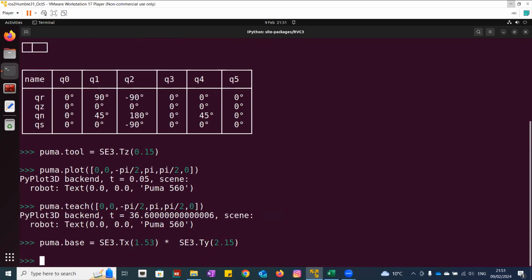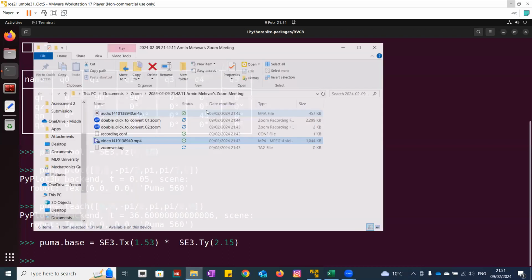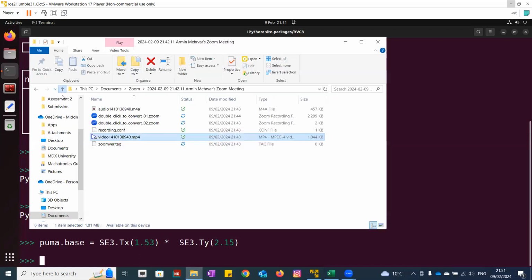So I have already defined that. And since we have been given 30 points, I tried to use these commands that we can have here,